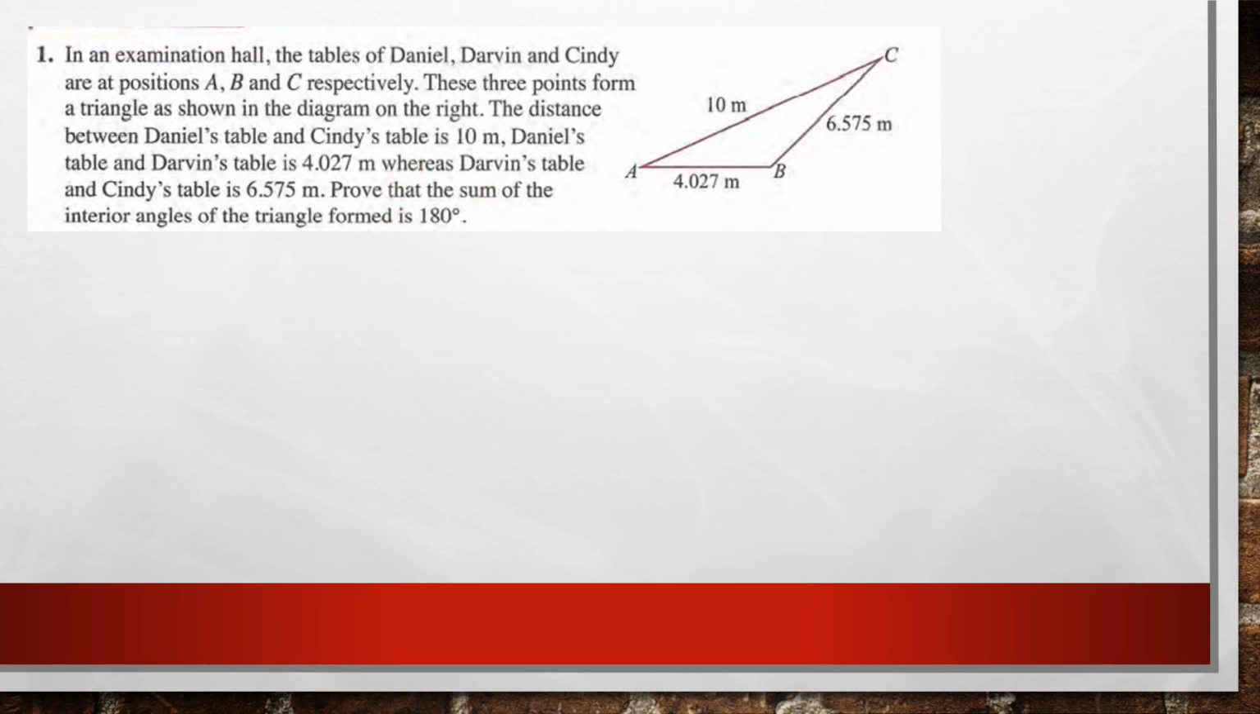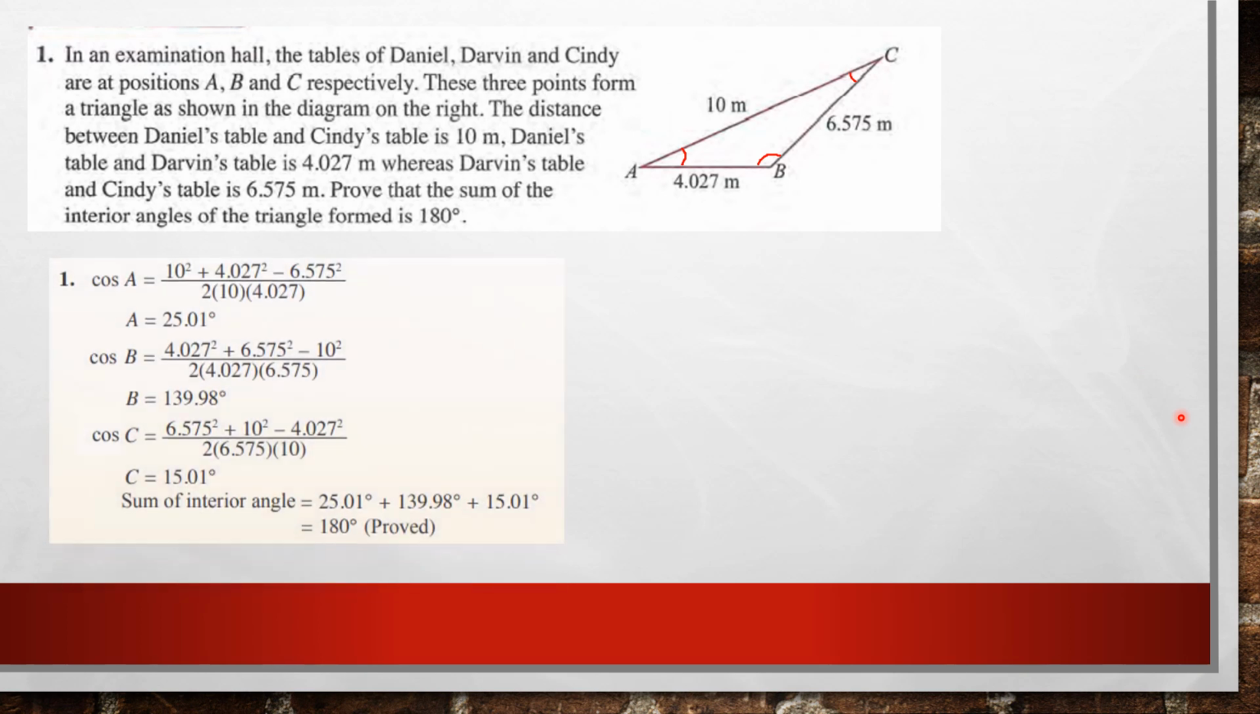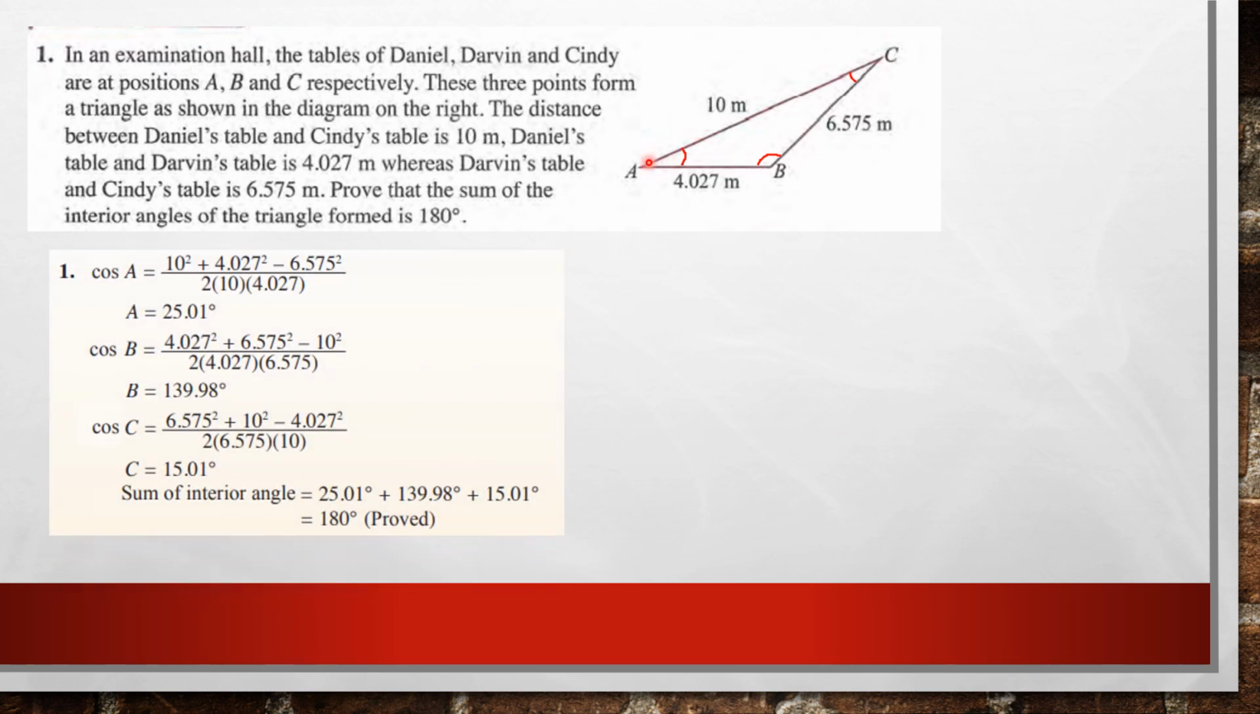That means you have to find angle A, angle B and angle C. You find them one by one, then you add up, you must get 180. That is how you prove. So first we find angle A. You can use the cosine rule to find angle A. The opposite is